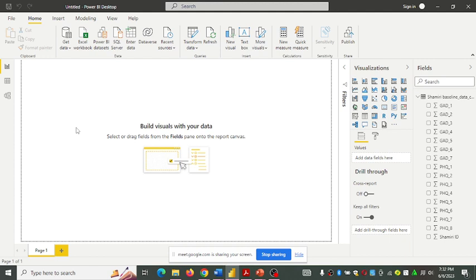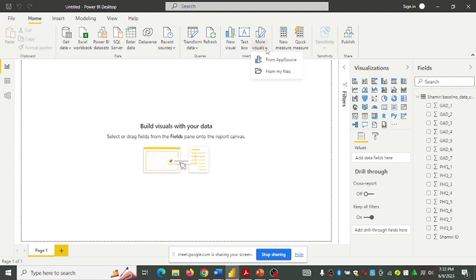Then after you transform, you can refresh your data set so that you can have the updated formats of your data. We have the insert tabs here. This is where you can have a new visual. You can insert a text box, and